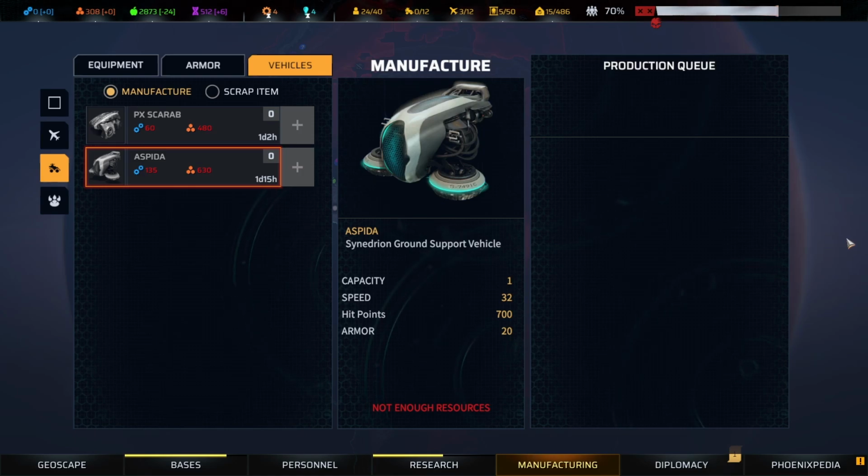My name is Jeric, and today we're in Phoenix Point, and we're going to take an in-depth look at the Aspida ground support vehicle from the Synedrion faction. In my 10 tricks and tips video, I took a little bit of a look at the Scarab and the Armadillo, which are the other two fighting vehicles from the Phoenix faction and from the new Jericho faction. I only mentioned the Aspida in passing in that video, and I wanted to circle back around and do this